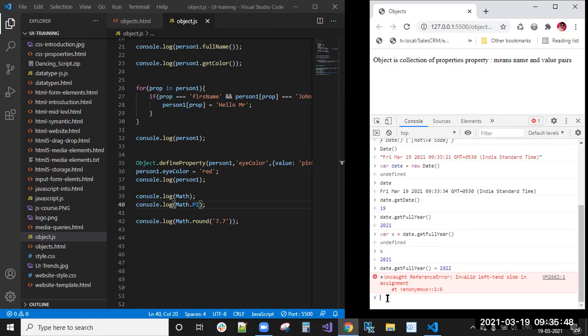That is a default object. Default objects' values you can't change.